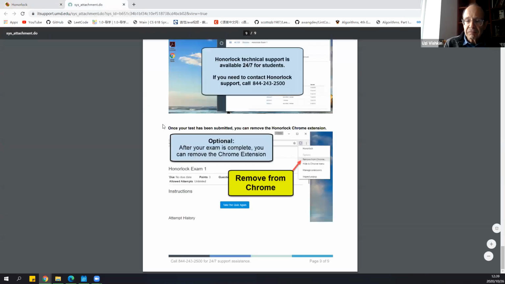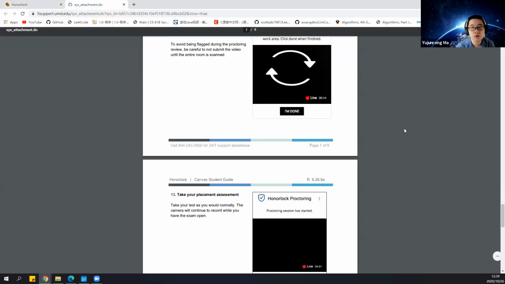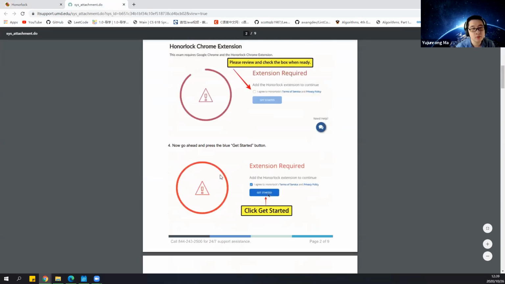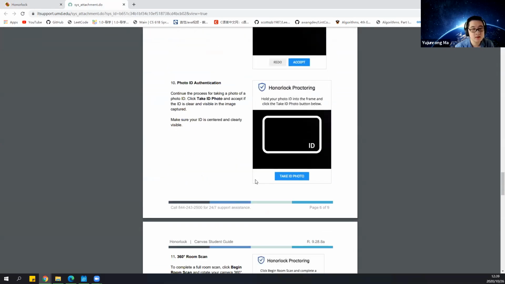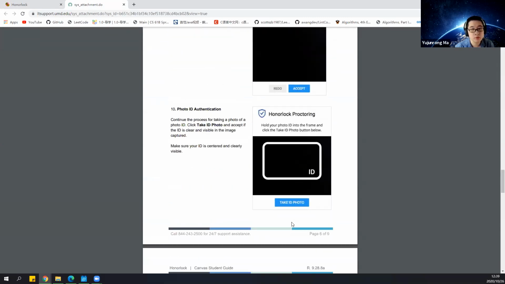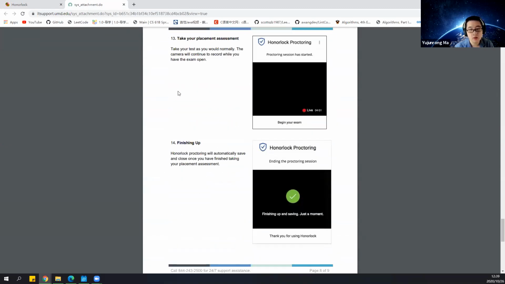The thing is, I didn't have the student side, so my side looks a lot different from theirs. So this PDF is a guide to how to do those things. Once you finish all these things, you need to take a photo of yourself, take a photo of your ID, and do the room scan. After those are finished, you can open the Zoom meeting and open ELMS